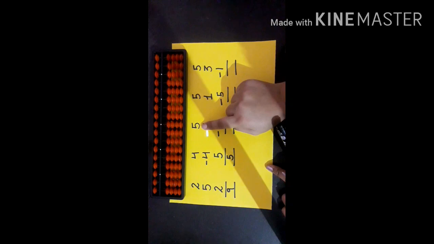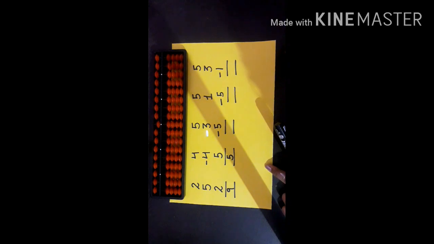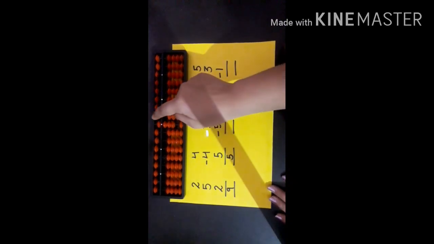Now set your abacus, upper beads up, lower beads down. Now what is your number? Your number is 5. You have to add 5. Now what you have to add? 3. 1, 2, 3. Now what you have to do? You have to minus 5. Minus 5. Your bead is down. Minus 5 means I have put the bead up again in its position. Now what is your answer? 1, 2, 3.